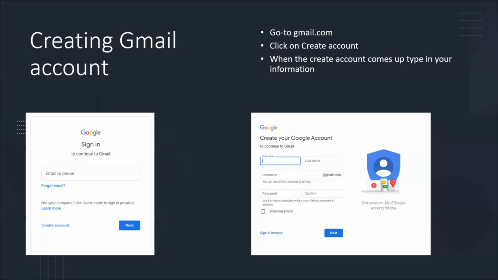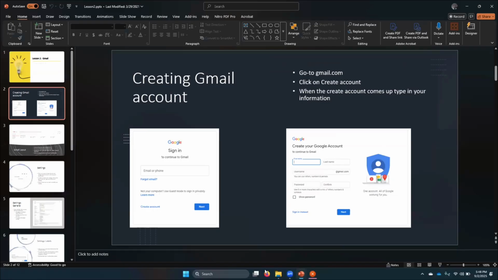In order to set up your Gmail, you will go to gmail.com. You'll click on create an account. And when the create account page comes up, you would type in your information. So, getting into that,